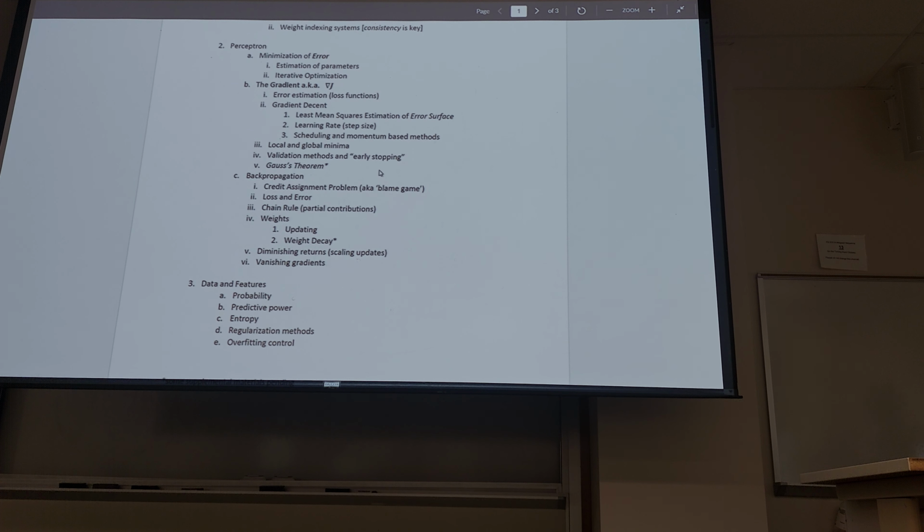Gauss's theorem is actually related to something that I'm going to talk about in the full update. I want to put that in the context of activation function saturation. I'm going to show you some visualized examples of that because we didn't spend a lot of time on it, but I just want you to know what it is, okay? And it needs to be in the context of this space because it doesn't really apply elsewhere. That might be an extra credit question or something, okay?